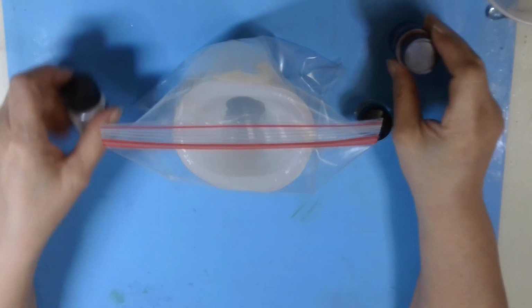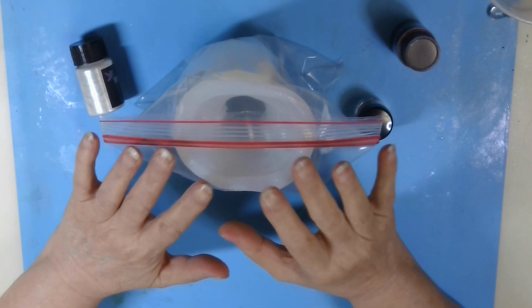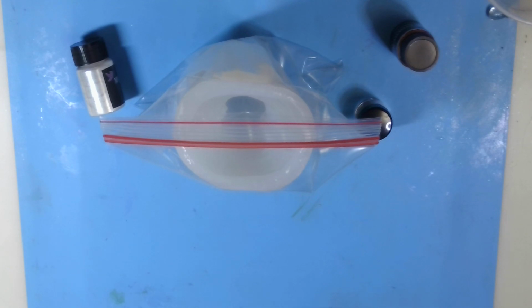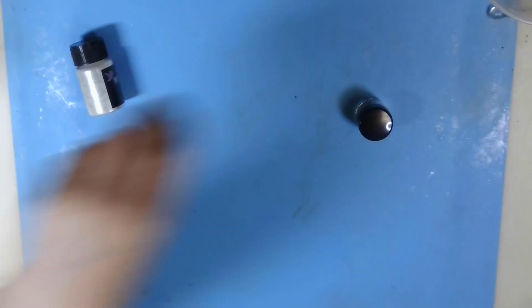Now, the twist to this is I am not using resin. Resin would take too long for this deep of mold, because I would need to use the deep pour epoxy. So I decided to see how well a different type of medium would be in this. So let me move these aside for a moment and show you